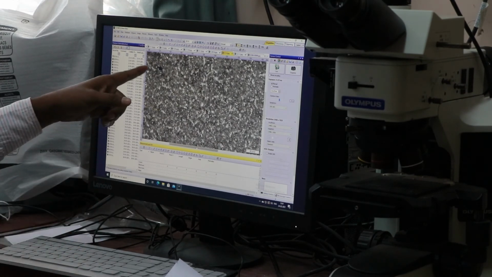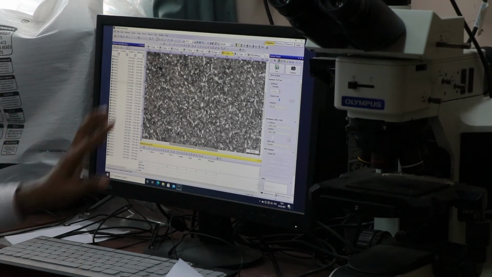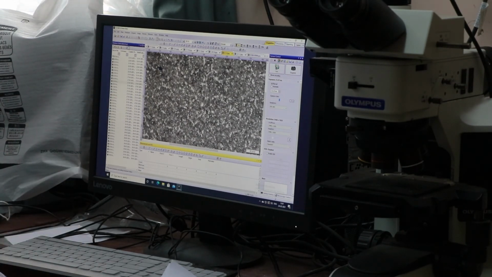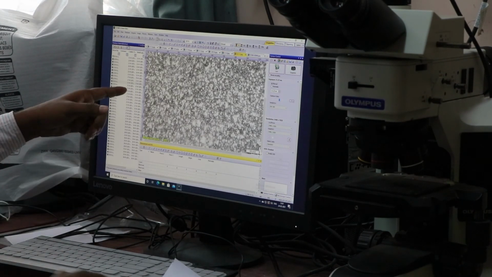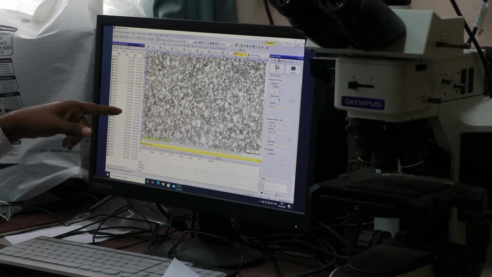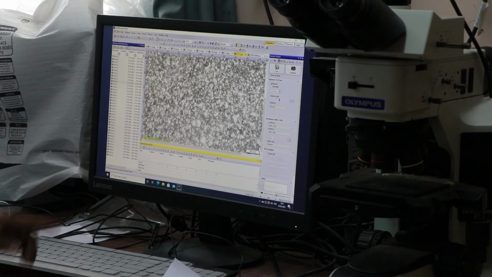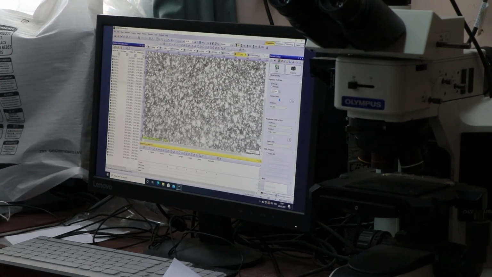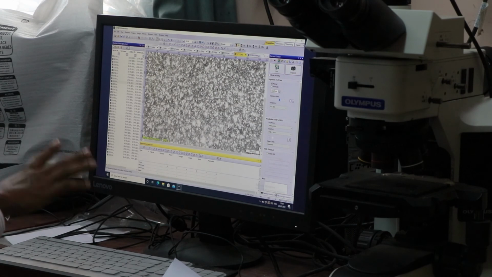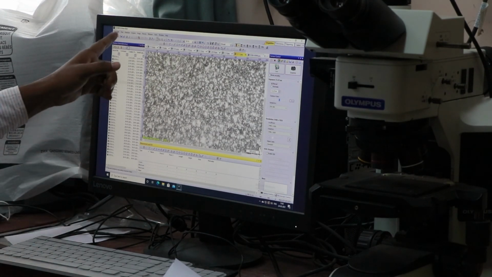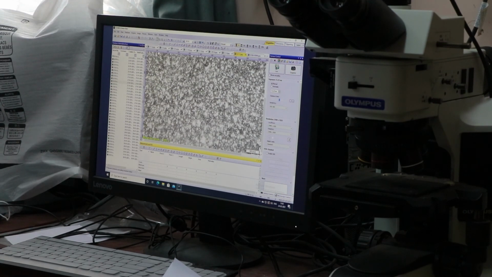Third, there is 0.9% carbon composition of this material, and fourth, 1.1%, which is the highest carbon composition of these samples. From this microstructure we determine the mechanical properties, already described in the theory portion, and different types of defects already described. And this is experiment number 5, and this procedure is the same as the previous experiment.